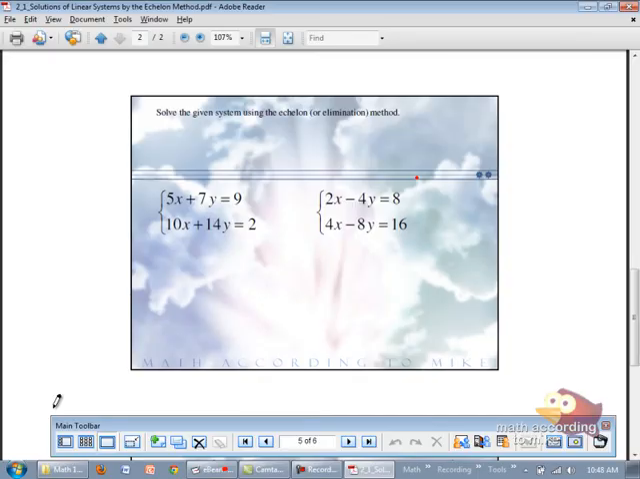So let's look at the first one. None of the coefficients are 1, so what variable do you want to get rid of? X. I heard X slightly first. It's okay. We'll do Y next, I promise. So why don't we multiply the first equation by -2? So if I multiply the first equation by -2,